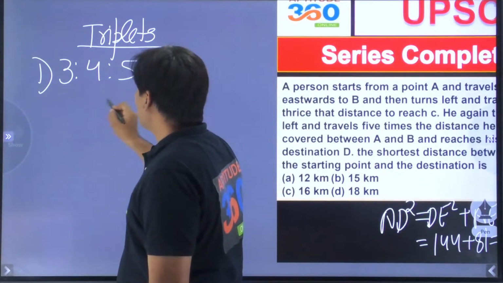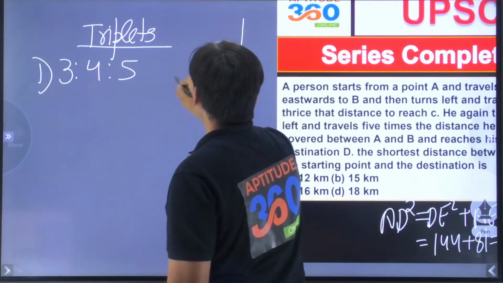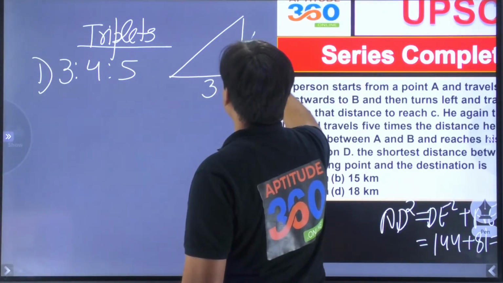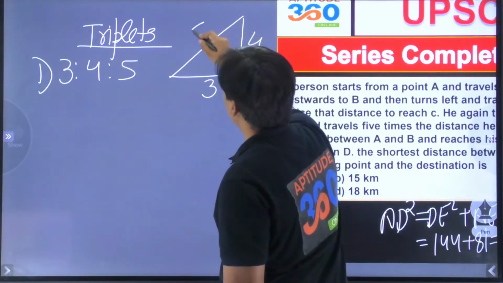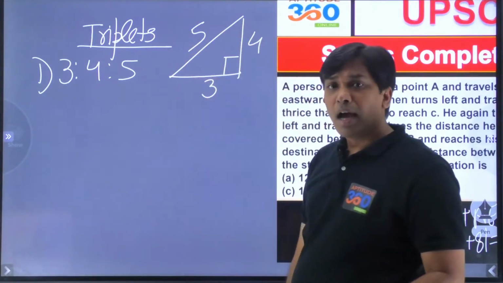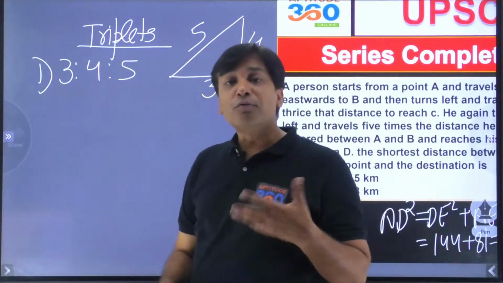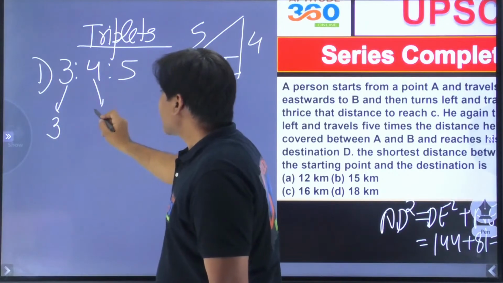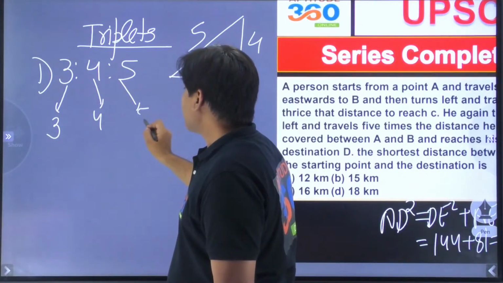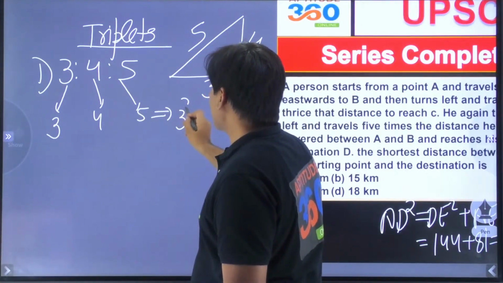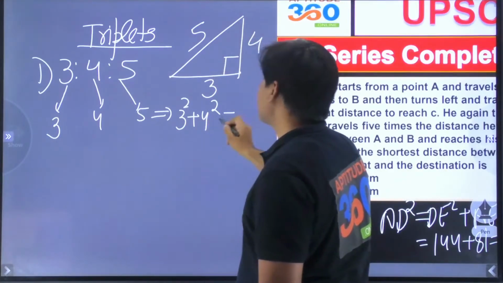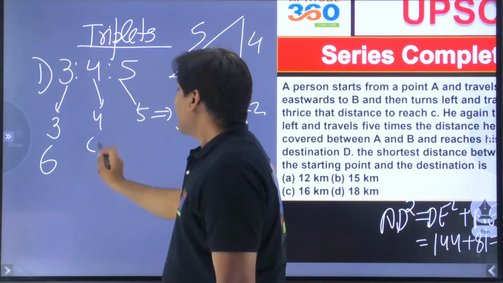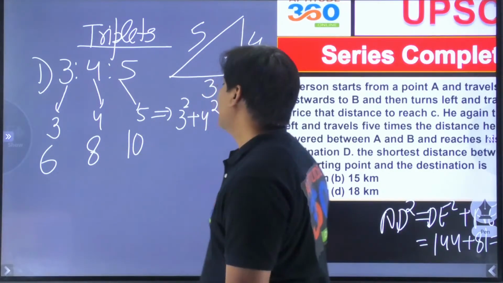Now if I draw it something like this, so 90 degrees, this side can be either 3 or 4, these two, but the diagonal will have to be the largest side, isn't it? And in a 3, 4, 5 triangle, this can be 3, this side can be 4, and this side can be 5. So can I say that 3 square plus 4 square is equal to 5 square? Yes.